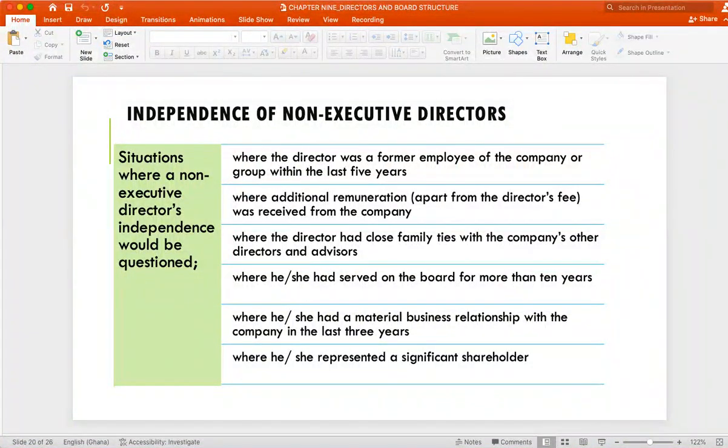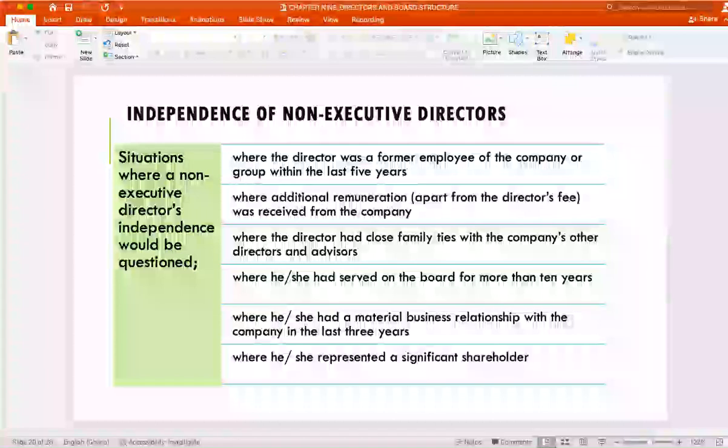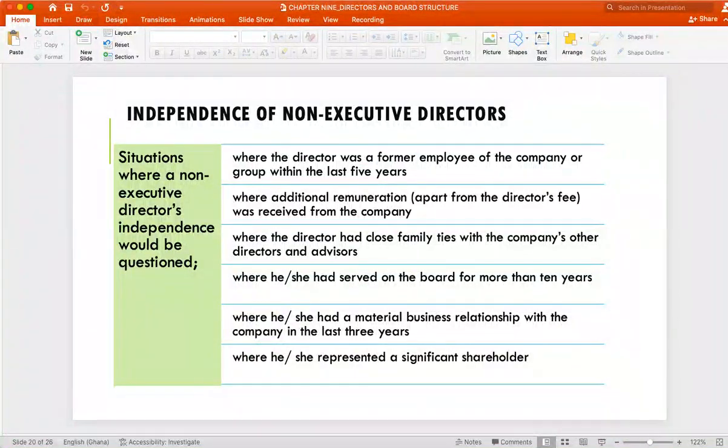Where he or she had served on the board for more than 10 years. If you have looked at the practice, I think later on you'll be presenting on that. There will normally be a way of them retiring and coming back again. It's meant to serve this condition. So normally you have, say, 2 years, renewable for another 2 years. After that, you will see notice that this director has resigned. They'll resign for a year or two before they come back again as directors. The idea is for you not to continually serve for 10 years.